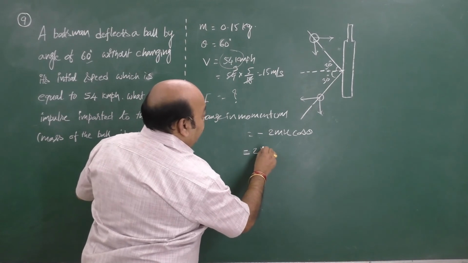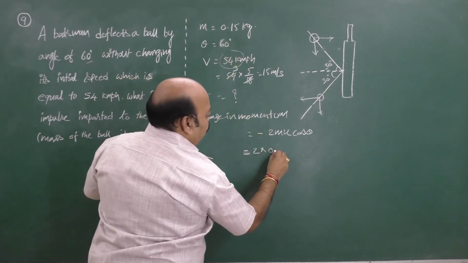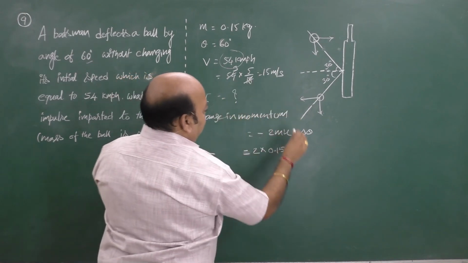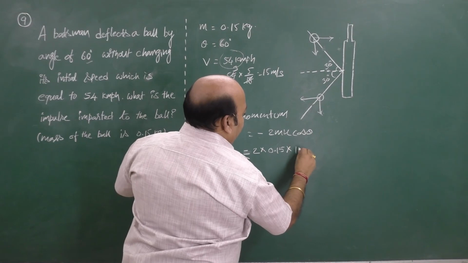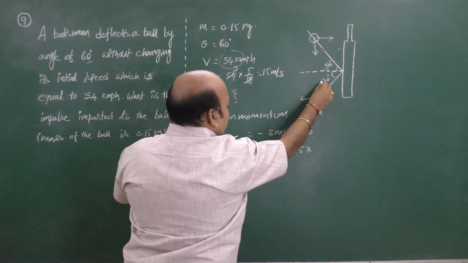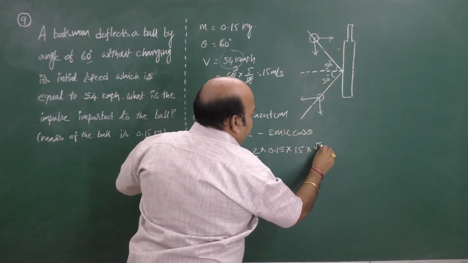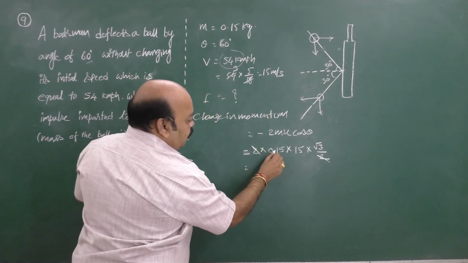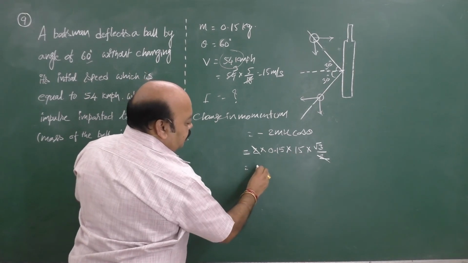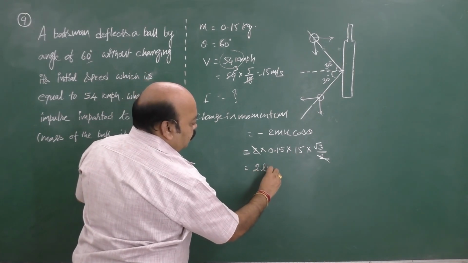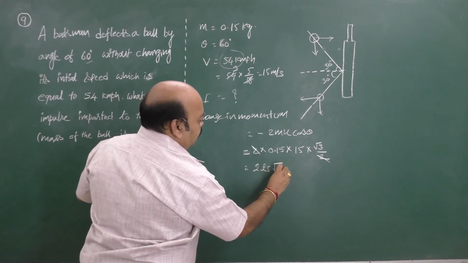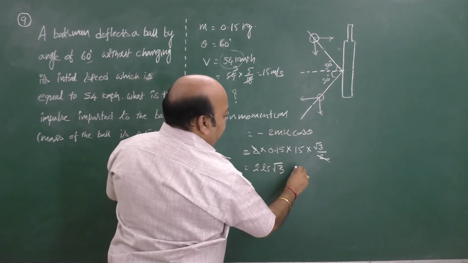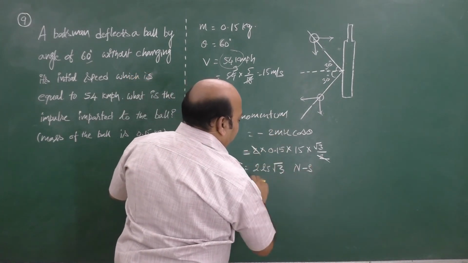2, okay. Coming to mass of the ball, 0.15 kg into velocity with which it was thrown, this is 15, and coming to cos theta, cos 30 is nothing but root 3 by 2. This 2 gets cancelled, it's a numerical part. 0.15 into 15, 15 into 15 is 225. Of course, it is nothing but 2.25 root 3. Since it is impulse, the change in momentum is taken. Unit is nothing but Newton second, which is the right answer.